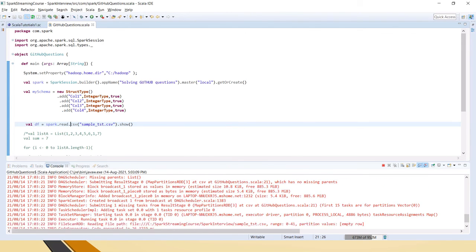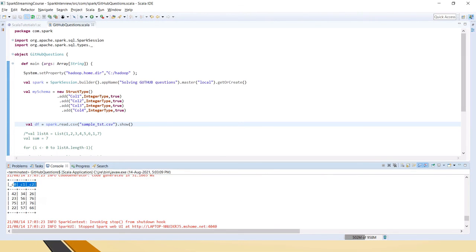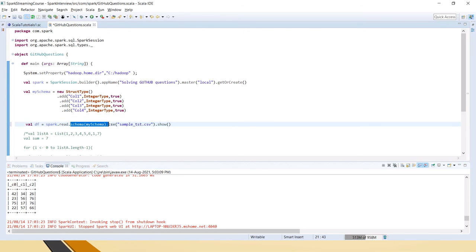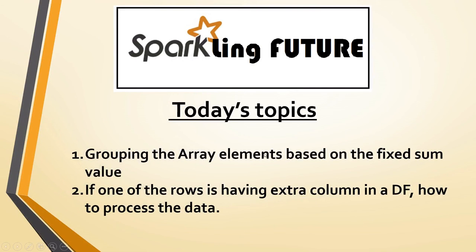You might have a question: why do we need to create the schema? If you see here, it has taken only the 3 columns and omitted the fourth one; even in the third row it has considered only 3 columns. So there is a chance of data loss, right? It's always better to have this schema, so that we get all 4 columns covered as per the input details. Hope this is clear to you, friends.